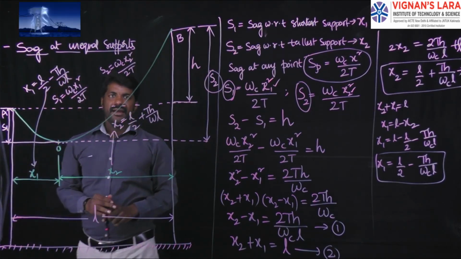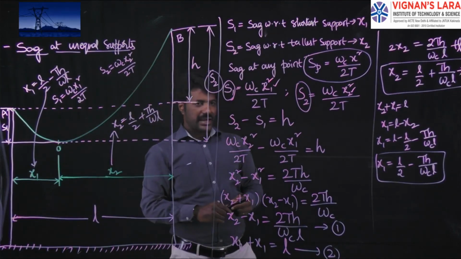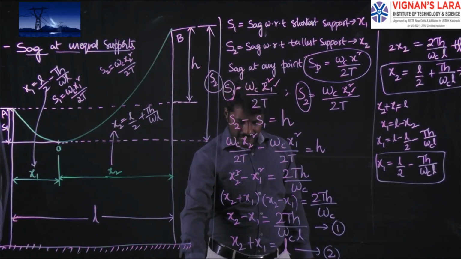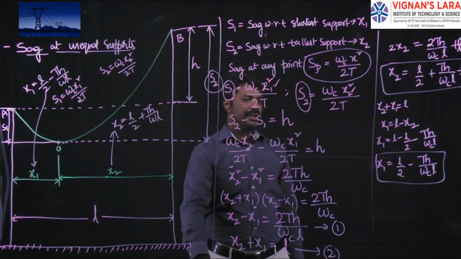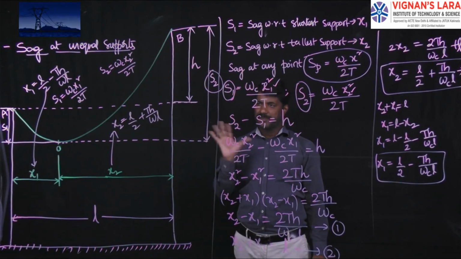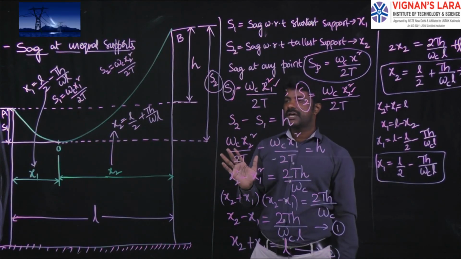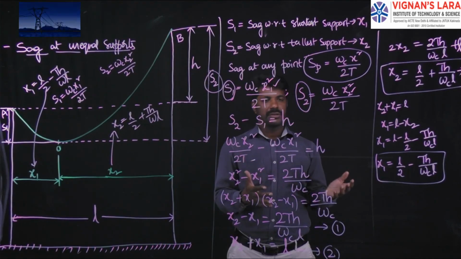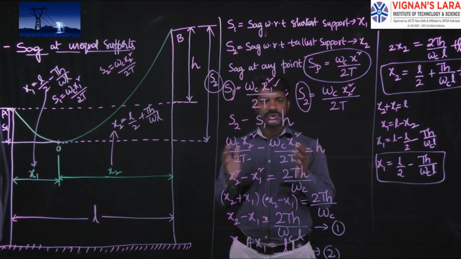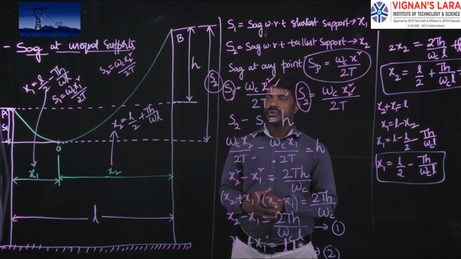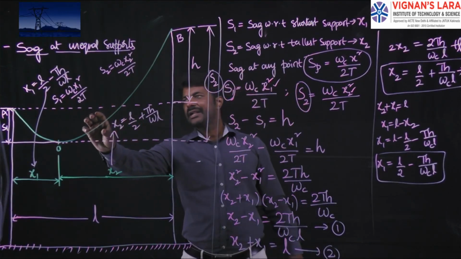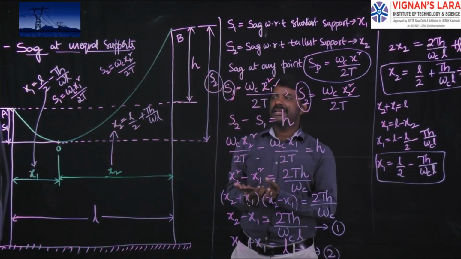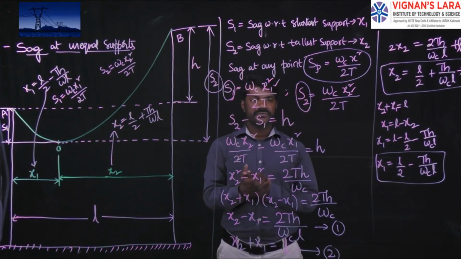Next, these are the two general case studies we have so far analyzed: equal support levels and unequal support levels. In real-time applications, the weight of the conductor alone doesn't decide the sag, because atmospheric conditions are also to be considered. Under winter season, whenever snowfall is more, the conductor surface accumulates snow, called ice coating. Because of that ice coating, the weight of the conductor, in addition to WC, increases. Whenever the weight of the conductor increases, it obviously affects the magnitude of the sag.